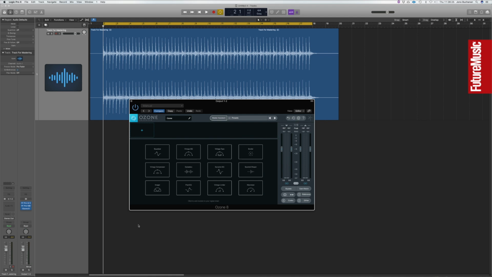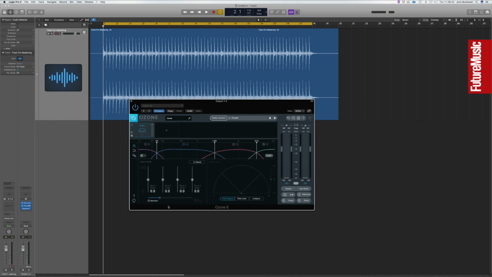Now, I'm going to be a little bit deliberately limited here in my choices because I want to spread the processing across a number of separate plugins. But we're going to look at just a couple of things here. Firstly, we're going to look at stereo imaging. And what stereo imaging allows me to do, again, in a multi-band way, is to either